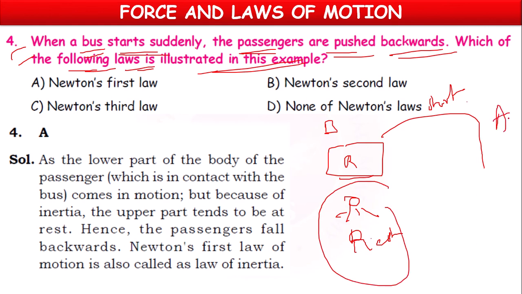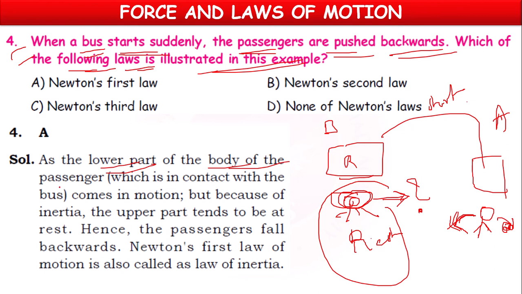When the bus suddenly starts, after the starting of the bus, the passengers in the bus are pushed backward. Why? What is the reason? The upper part of the body continues to move along with the bus in the front direction, but the lower part of the body of the passenger, which is in contact with the bus, comes into motion along with the bus. But due to inertia of rest property,